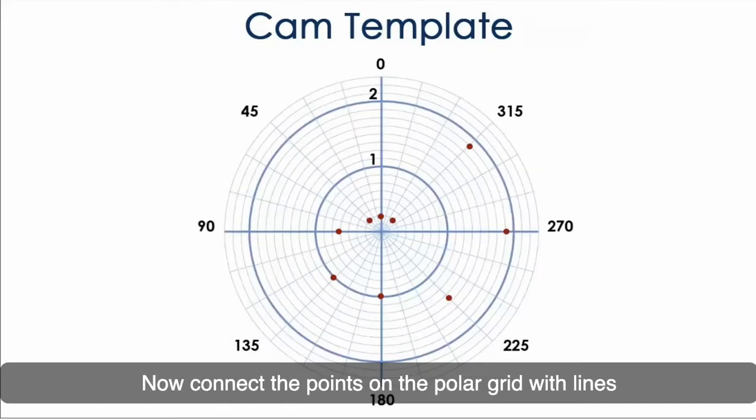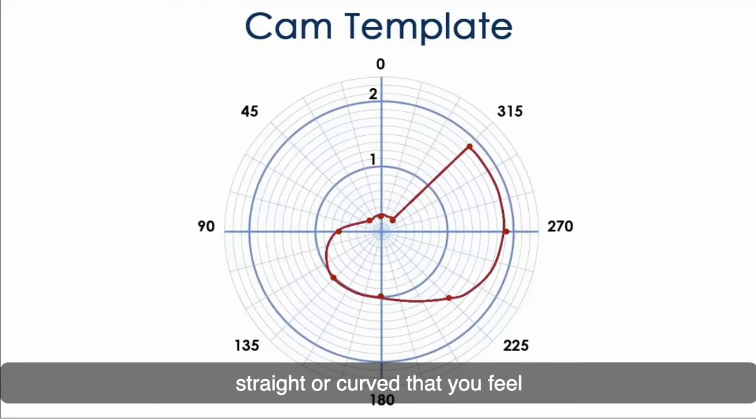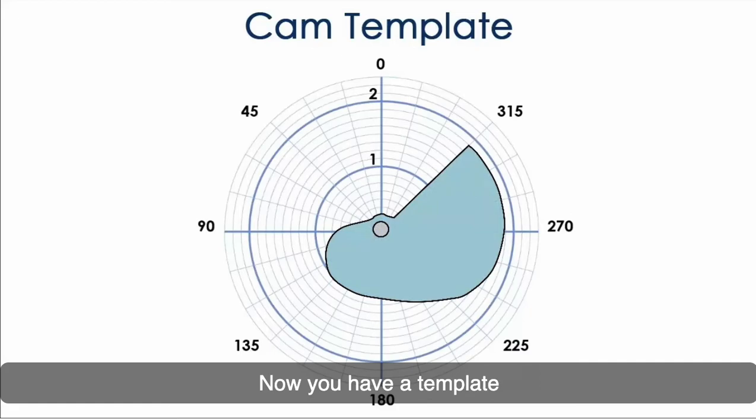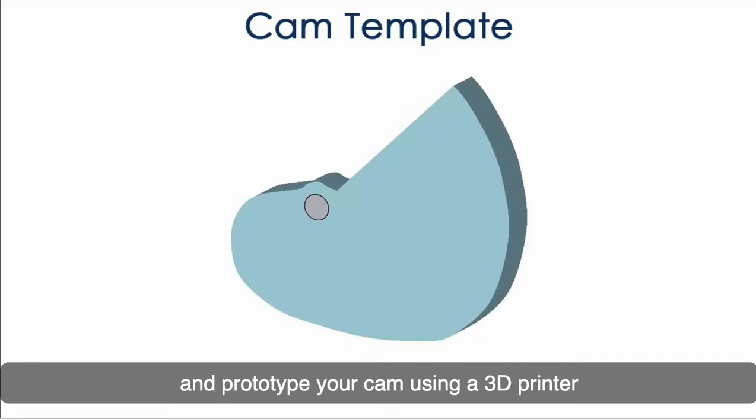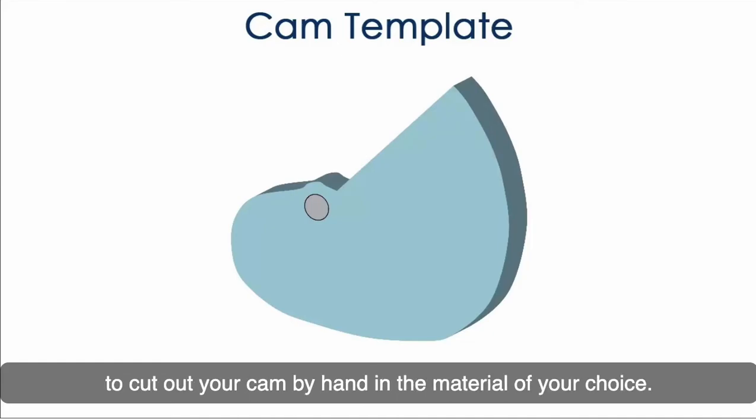Now connect the points on the polar grid with lines, straight or curved, that you feel will best produce the desired motion. Now you have a template with accurate dimensions for your cam. You can use the template to create a 3D computer model and prototype your cam using a 3D printer. Or you can use the template as a pattern to cut out your cam by hand in the material of